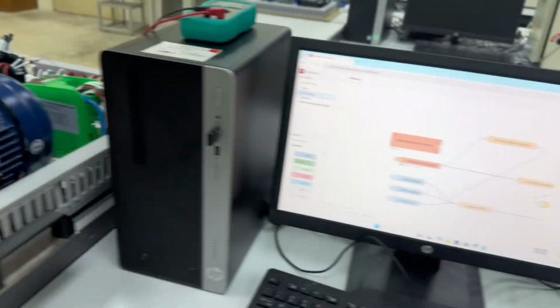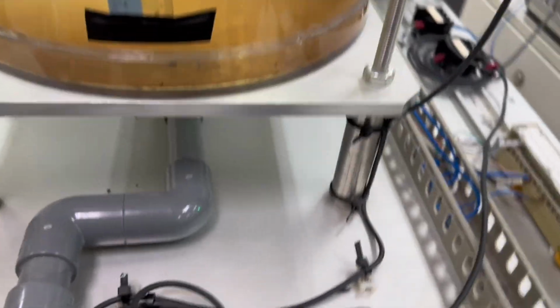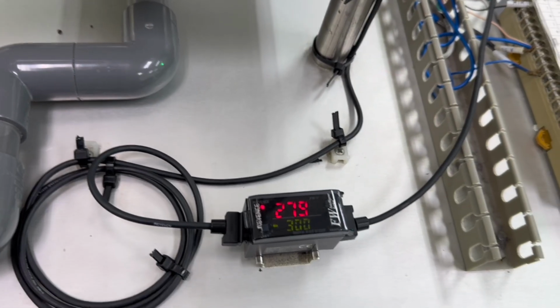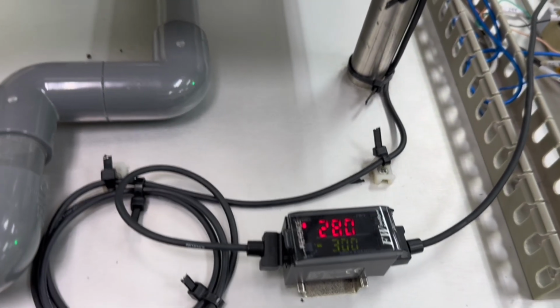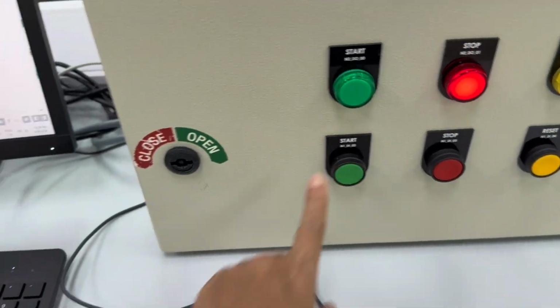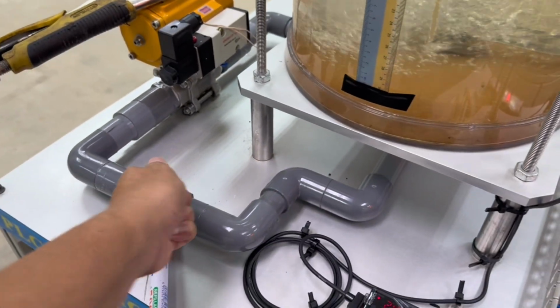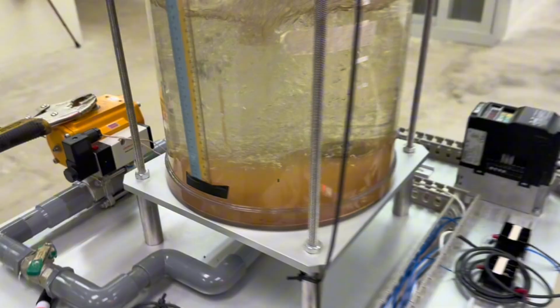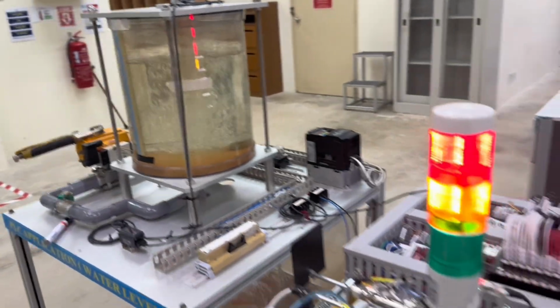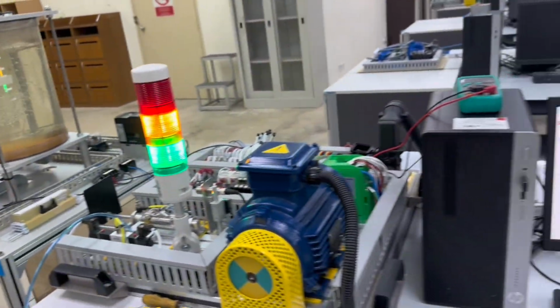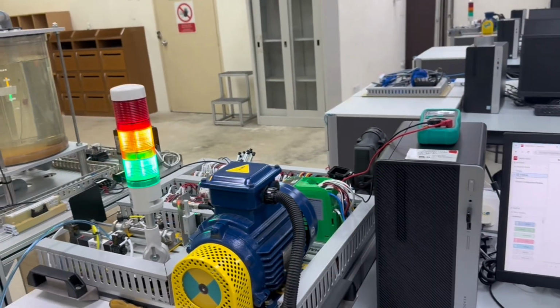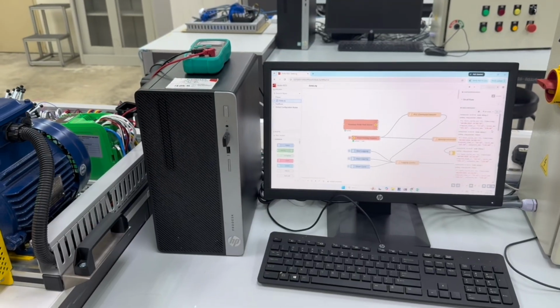So we continue with the level 200. Okay, adjust this level, and then we continue to start, and then we make 45 degree here. Okay. That's all for the sequence data reading. Thank you.